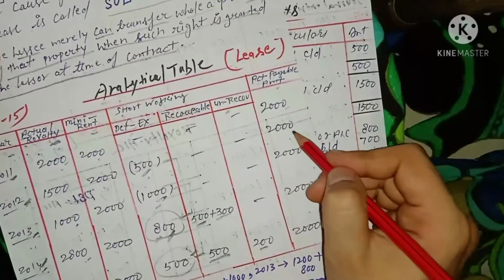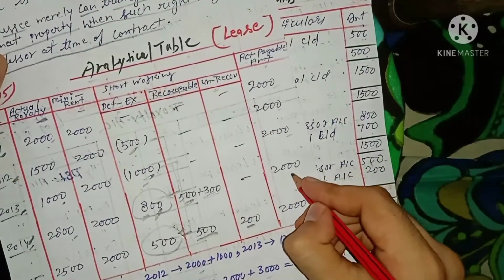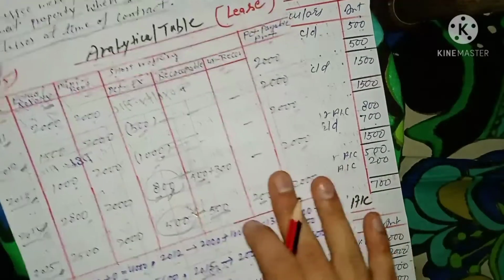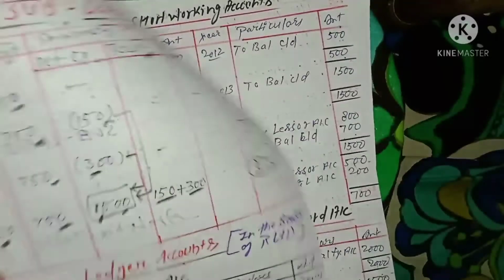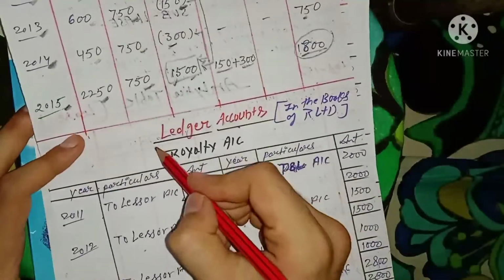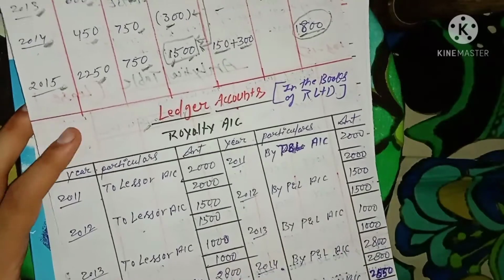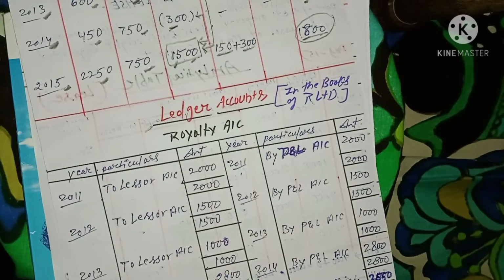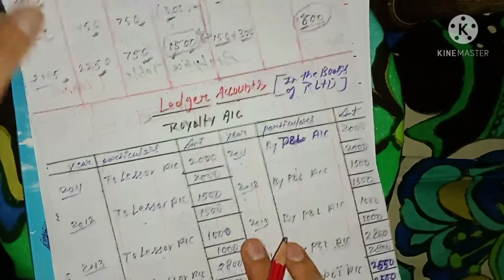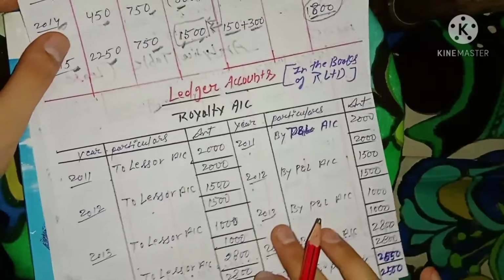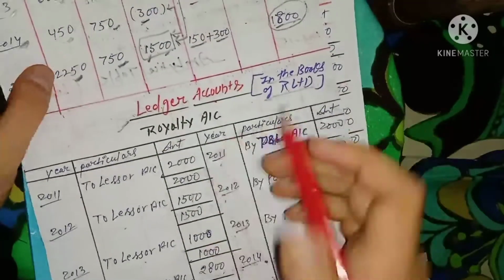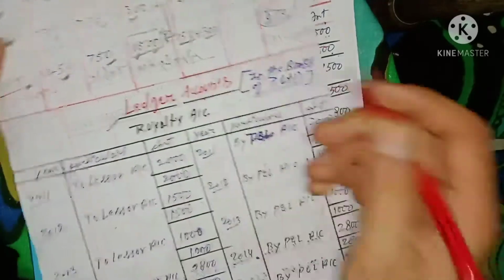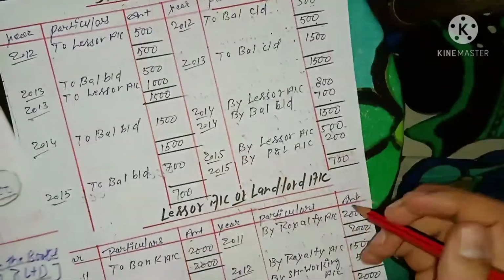Here you can see in the first year 2000, second year 2000, third year 2000, fourth year as well 2000, just because the whole amount of extra has been utilized, and in the last year as well 2000. Now we simply have to pass the journal entries. I already mentioned in my previous videos how to pass journal entries. To make it more clear, I have prepared the lessor's account in the books of the lessee, which is unlimited. The three main accounts are the royalty account, the short working account, and the third and last one,